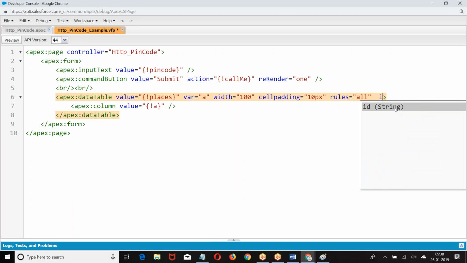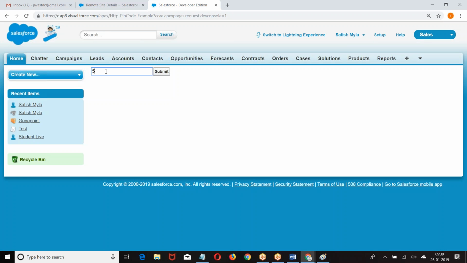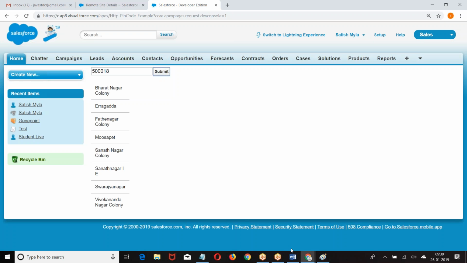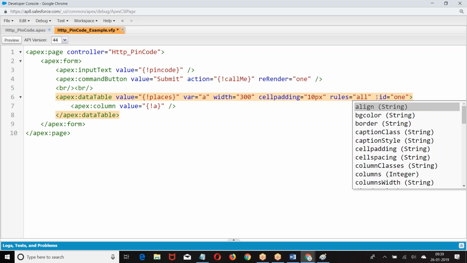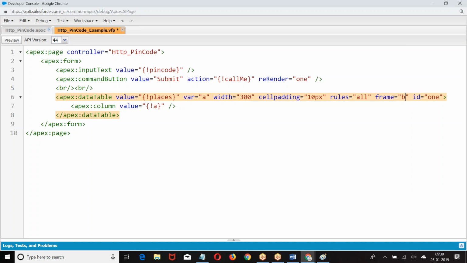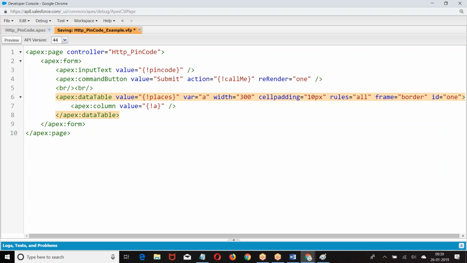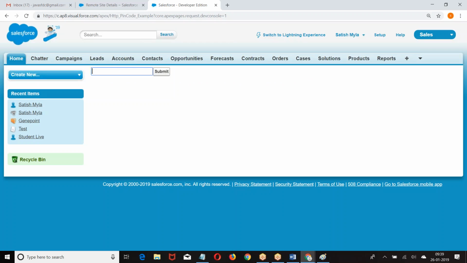This is what I get. Look at this, now I was getting this data.